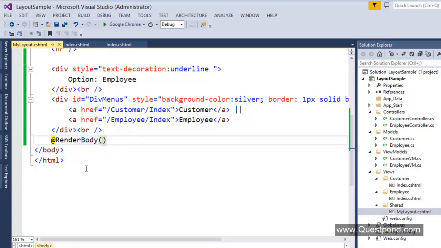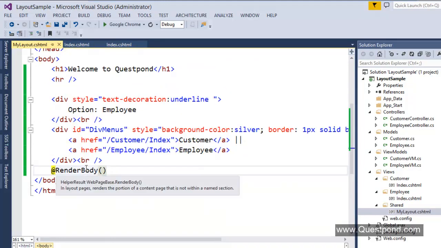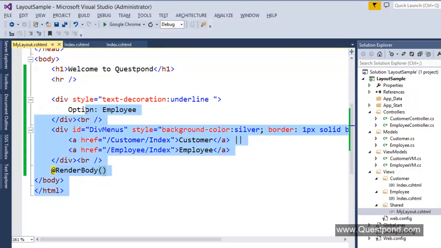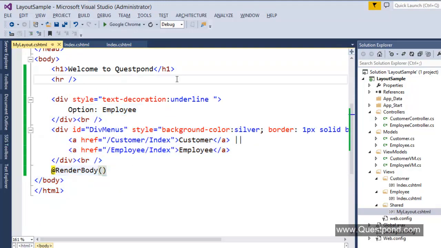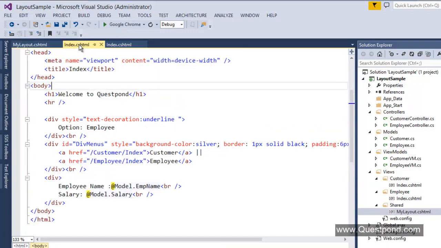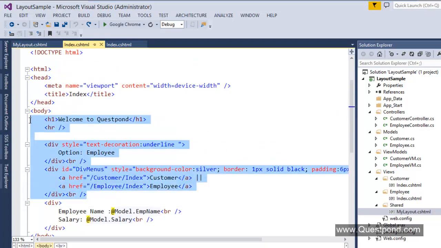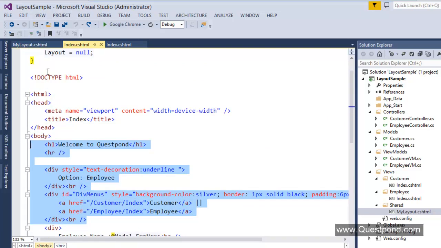That's it. Step number 1, create the layout view. Step number 2, define the structure inside the layout view. Now step number 3, attach the layout page to individual views. For that, 2 steps. Step number 1, simply remove all the common contents from the normal views. Common contents means not just this one, common contents means everything.